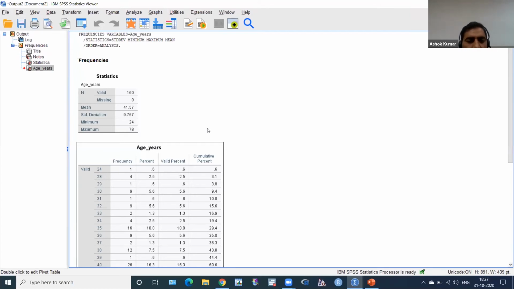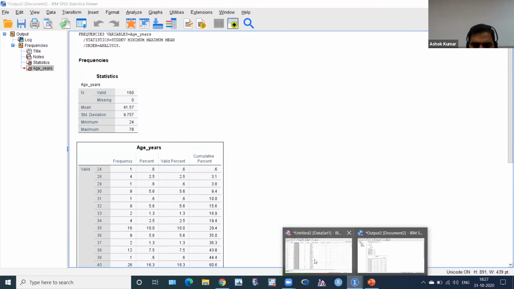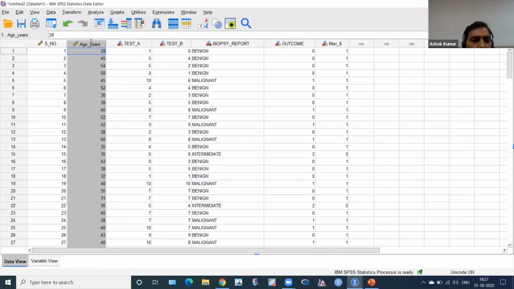Okay. So what I have to do, I want to give code 1 to 30 or below 30, 2 to 31 to 60, and greater than 60, equal to or greater than 61, that I want to give code 3. So how do I have to do it? Please see your data sheet here. This is the data sheet. You have to click Transform. This is the Transform button.